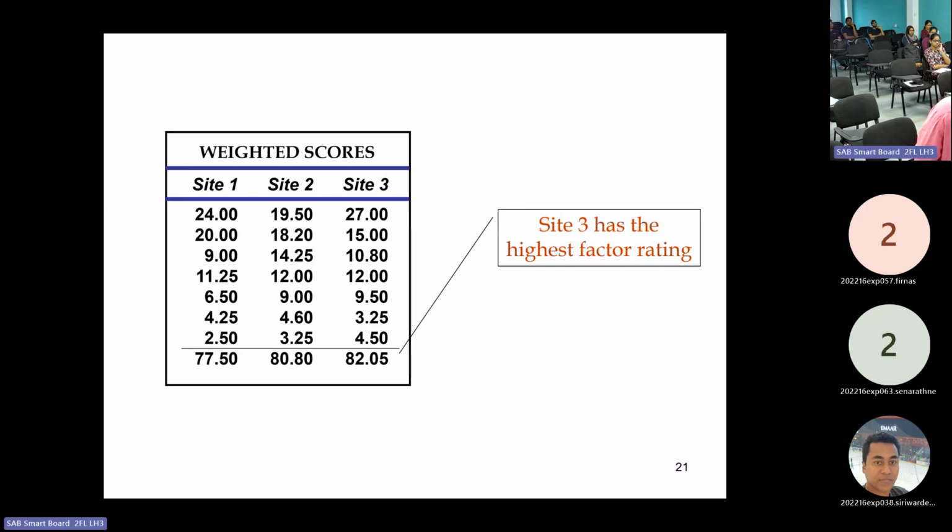What is the name of this technique? Location factor rating. Right? Location factor rating method